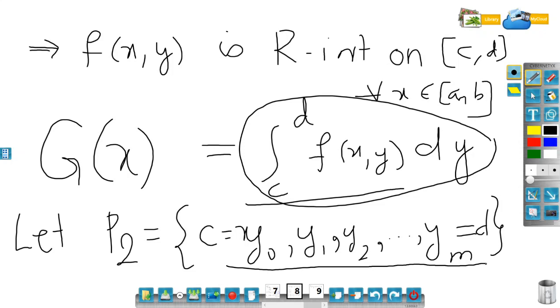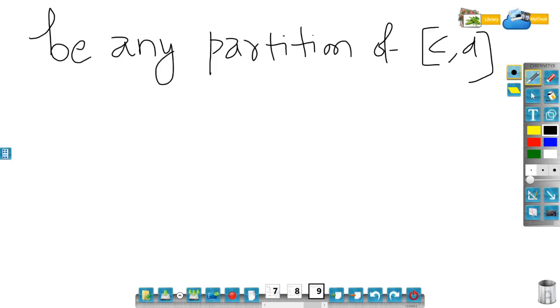If f is integrable from a to b, and if c is any point between a and b, then you can say f is integrable from a to c and from c to b. That is one of the nice properties of integration. So that would imply, we can say that